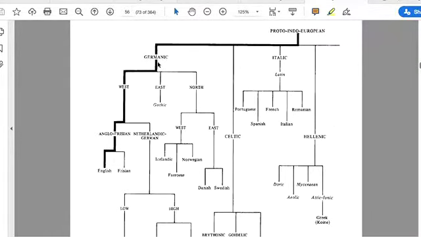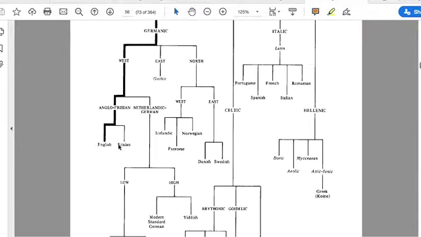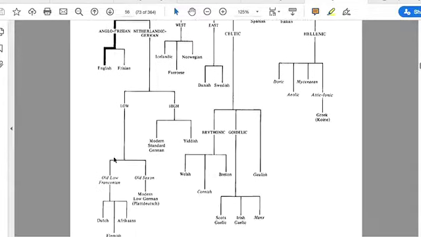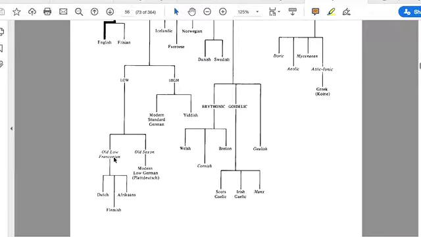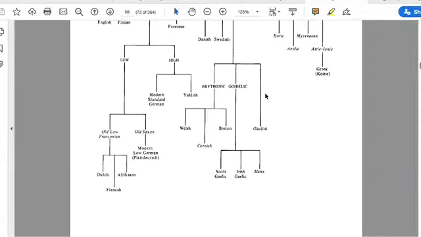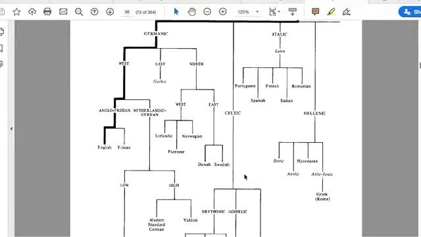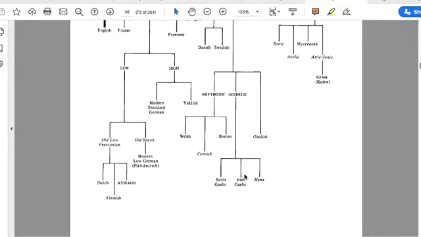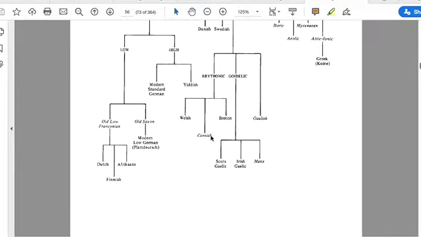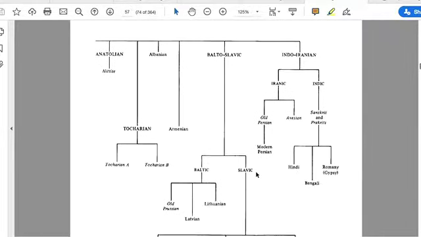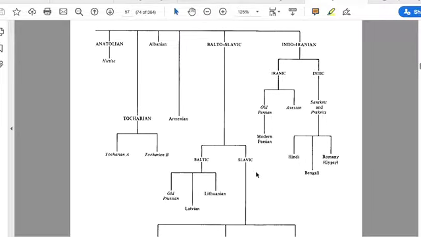So you can look and see how German broke off into these three branches and then where these branches went. We have Danish, Swedish, Norwegian, Icelandic. We have Frisian and English over here. And then some languages from the Netherlands down here. Okay, and then on the next, there's Italic, there's Hellenic, there's Celtic, which is its own branch. There's Breton, Welsh, Cornish, and then Gaelic. We discussed those in the previous video.